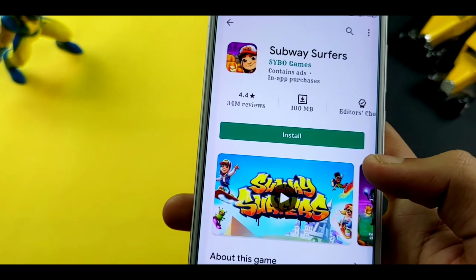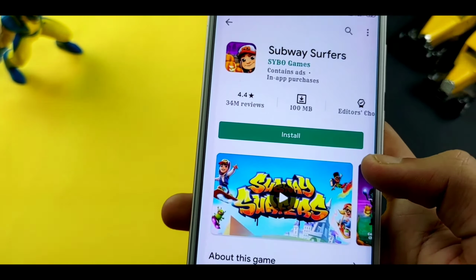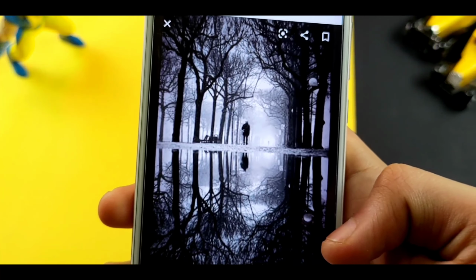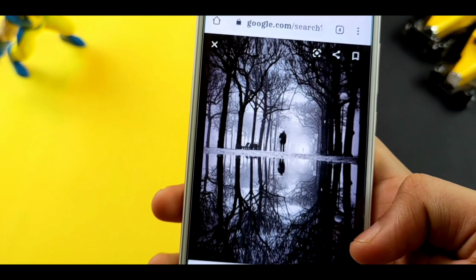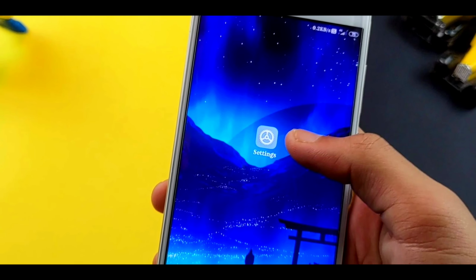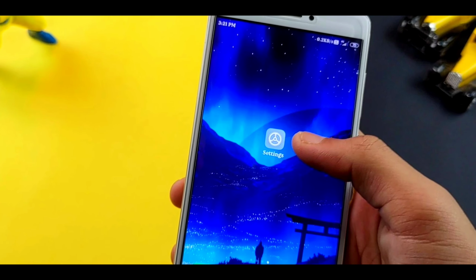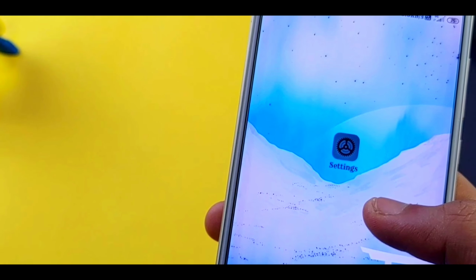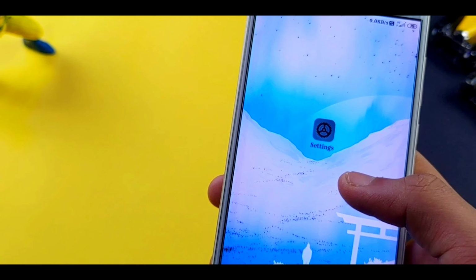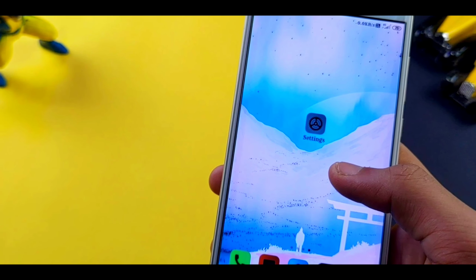So this is Subway Surfer, this is the original one, and as you all have seen what happens. Another example, this is basically a normal black and white picture. When you invert it, it is like this. And just some more examples, if you just change it to color inversion, your complete device color changes. Not only that, even the phone display also gets changed by it. So you can just prank your friend and they will be completely shocked at what we have done to their device. You can try this one for sure, and it is available in every Android device. Just try to find it.